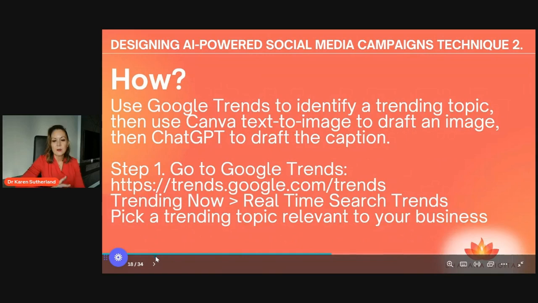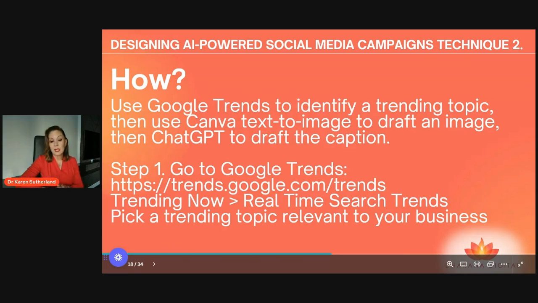And how can you do this? There are many ways, but this is one way that you can do it, and it's using Google Trends. So Google Trends, if you don't know, you can actually see what people are searching for on Google in real time, and see the most common keywords people are using and the topics they're posting about. And then you can grab some information. You can click through to articles that you could either read and then post about, or use as curated content as well.